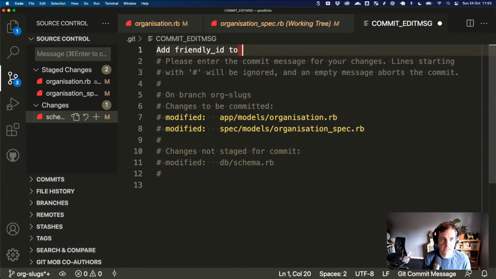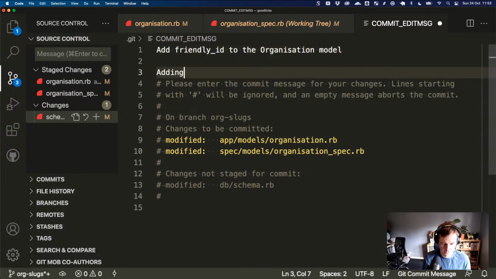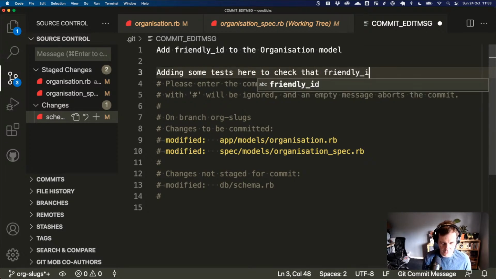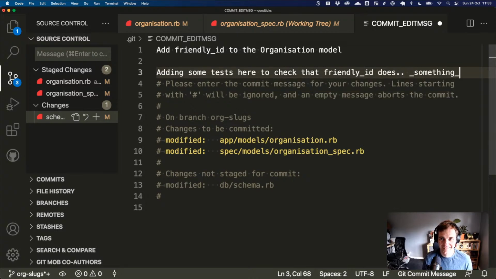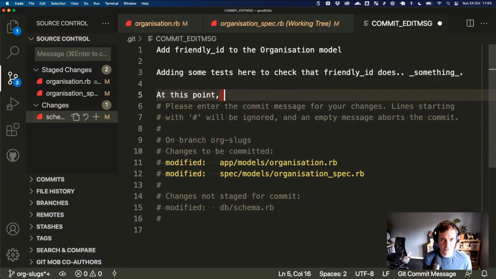Add friendly ID to the organization model. To check that friendly ID does something. At this point, okay,